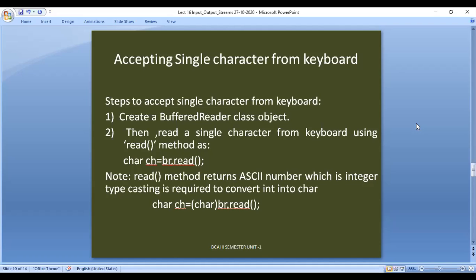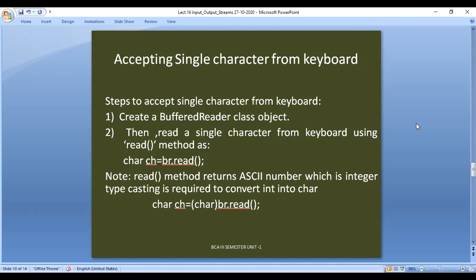Try to understand this. The read method accepts a character, either a single digit or any kind of character, but it returns a number, an ASCII number, which is of type integer. Let us say I give s as input to initialize ch.